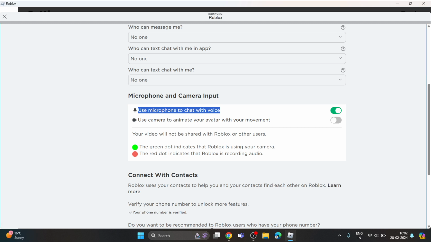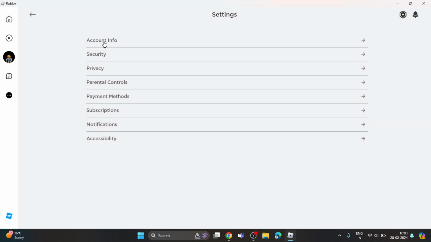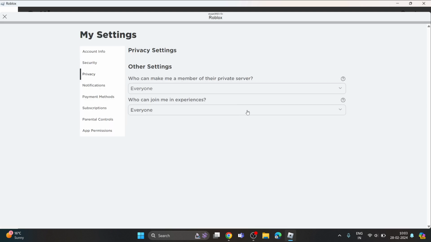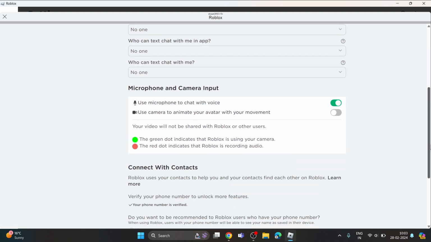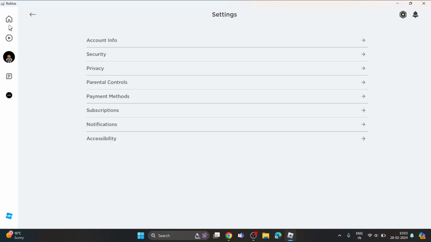So as per Roblox, if you are 13 plus, you just need to verify your number from account info, just verify your account. So once you verify your number using your one-time password, you will get automatically the voice chat option here in the privacy. And once you enable the microphone or the voice chat from the privacy, you just need to go